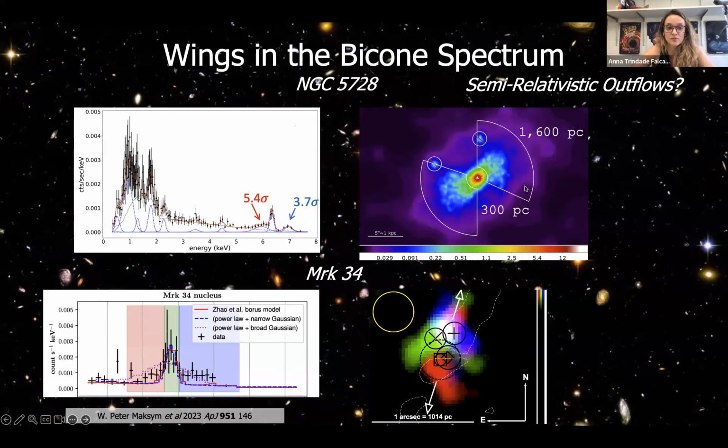We don't know what it is, but there is something moving really, really fast in the narrow-line region of this target. And why is this important? Well, first, because this was so far a feature that we didn't know about. And actually, now that we know that it has been identified in other AGN, we can maybe do